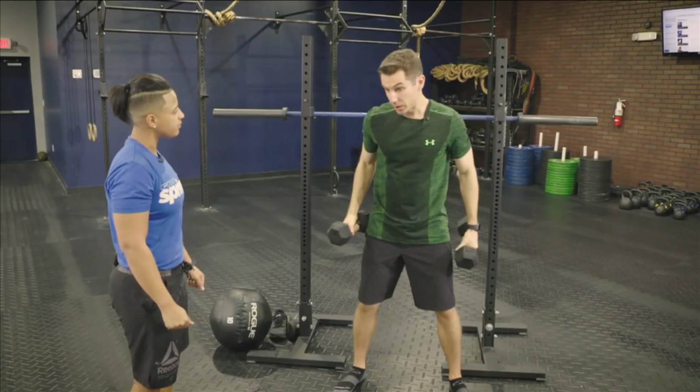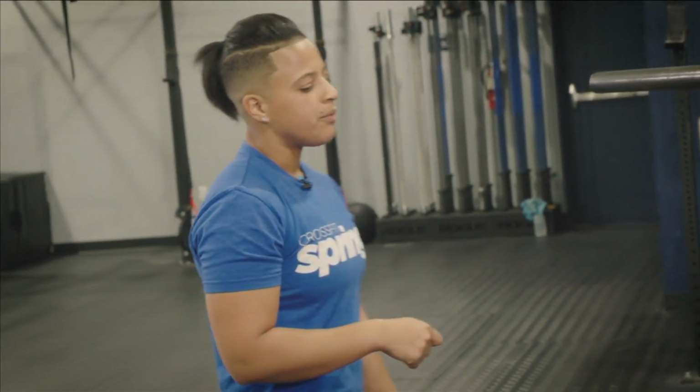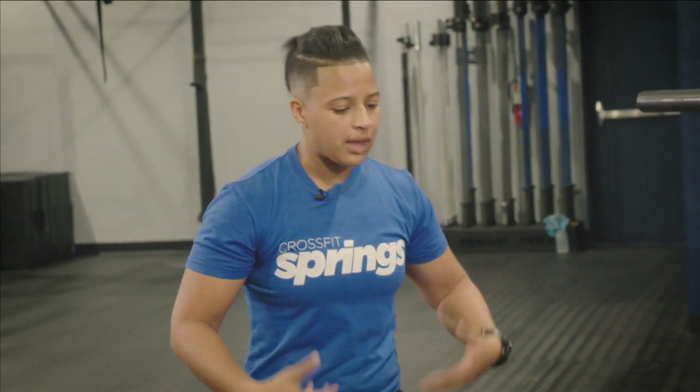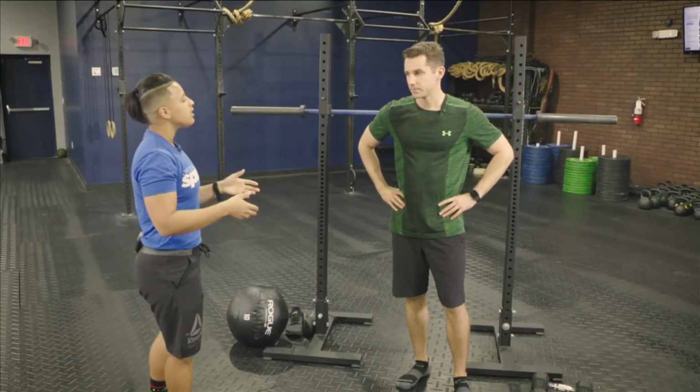So why is this better, worse, or different than a back squat? It's not better or worse. When we do Olympic lifts, such as a clean, we're going to be required to pick that bar from the ground and bring it straight into this position. For what we do here in CrossFit, then this is gonna be...